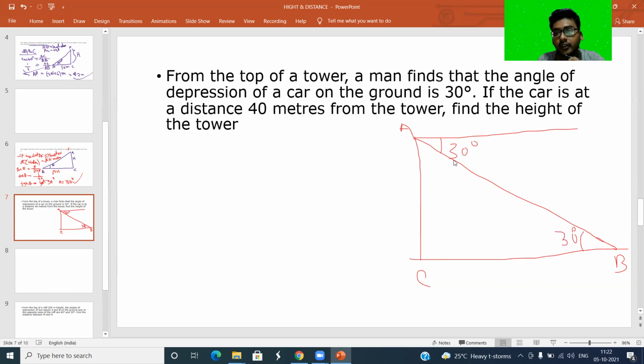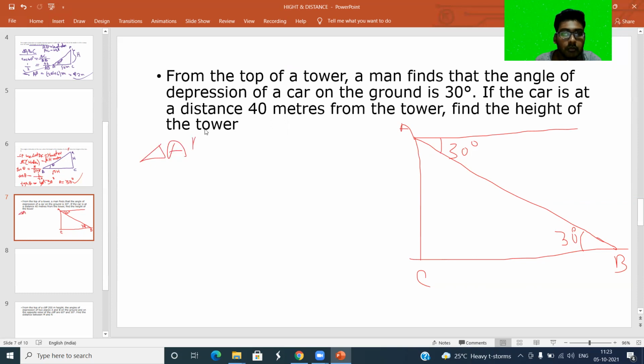If it is 60 degrees, this angle will be 60 degrees. If it is 45 degrees, then this angle will be 45 degrees. This angle and this angle are always equal. Now in this triangle ABC,